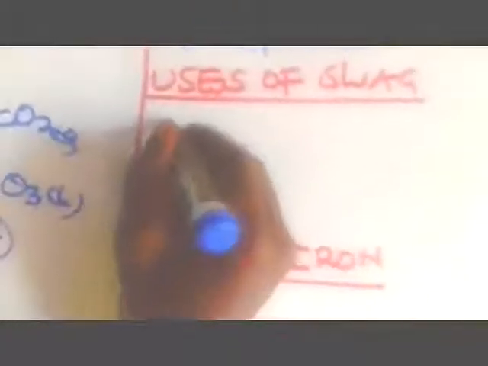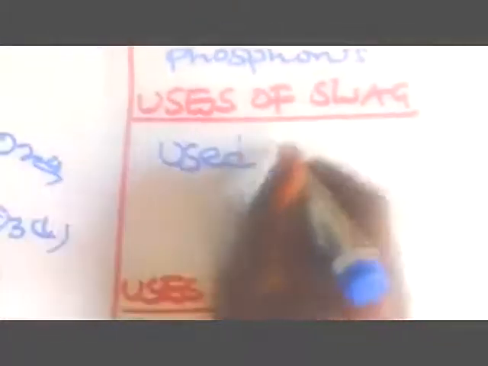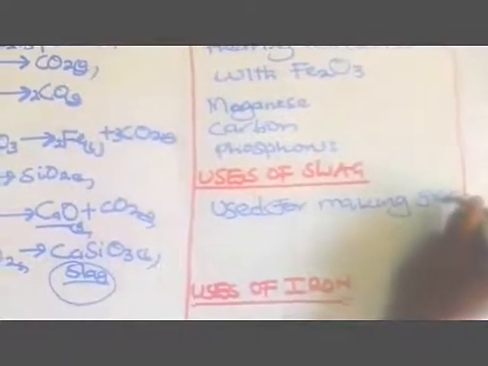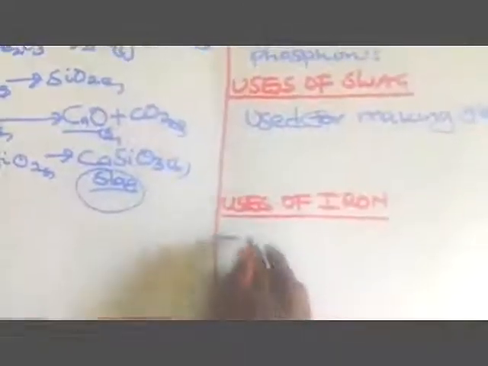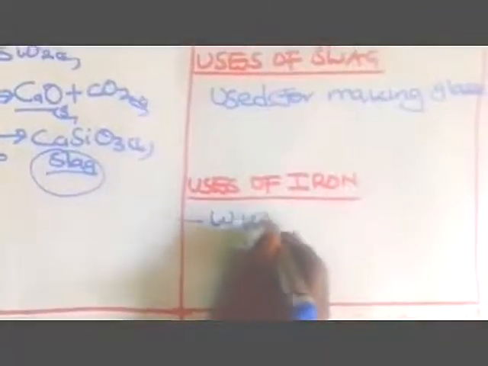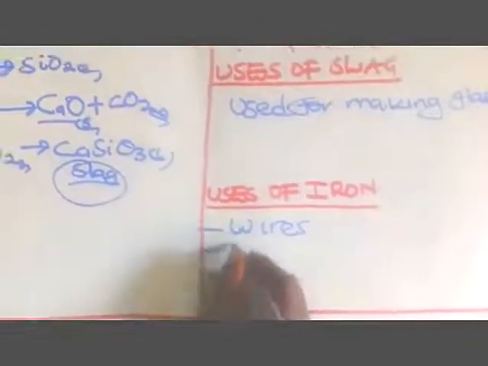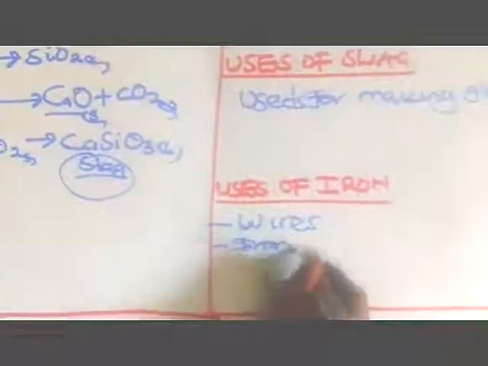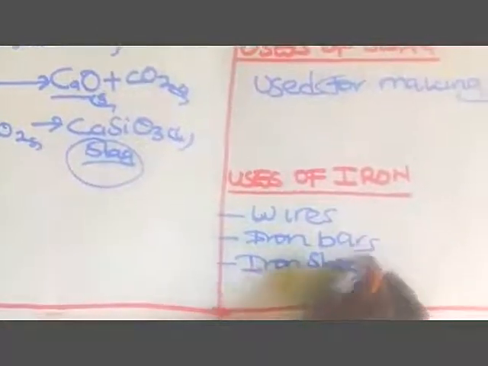Then the slag we obtained, what is the use of the slag? It is mainly used for making glasses, and then the iron which is pure, which you have obtained, you know properly, is used for making wires, electric wires, making iron bars, don't forget about that, making iron sheets and many other